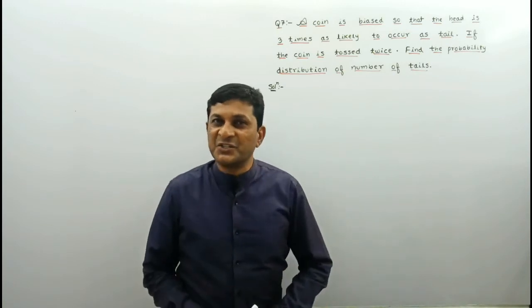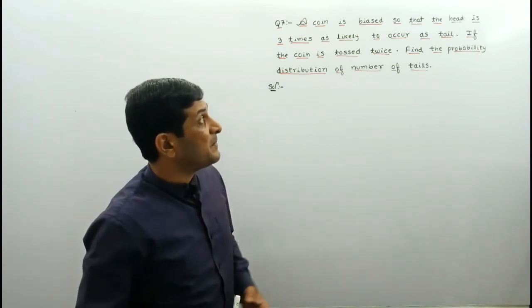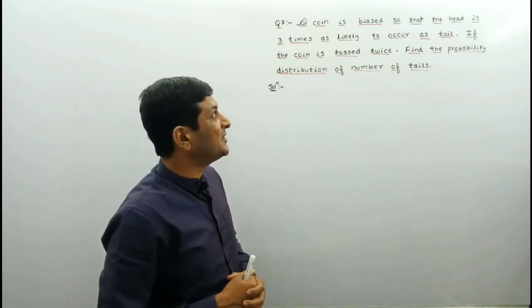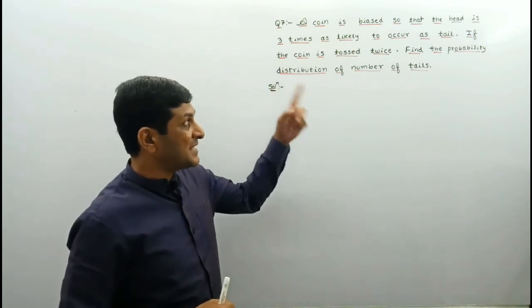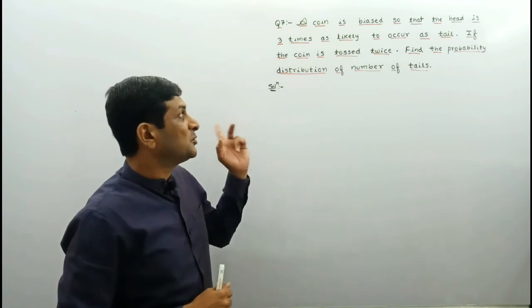Now observe the conditions in question number 7. In question number 7, a coin is biased so that the head is 3 times as likely to occur as tail. Means head is what? 3 times as likely to occur as tail. This is the given condition. If the